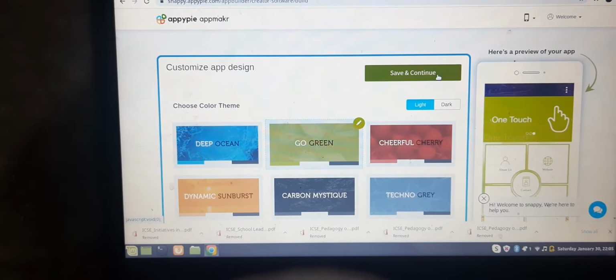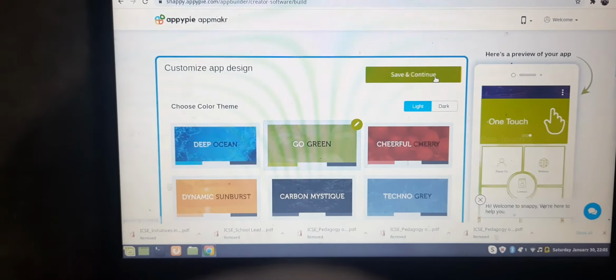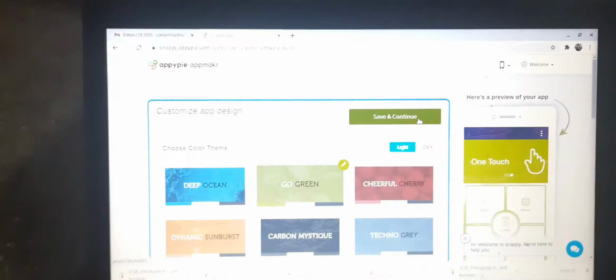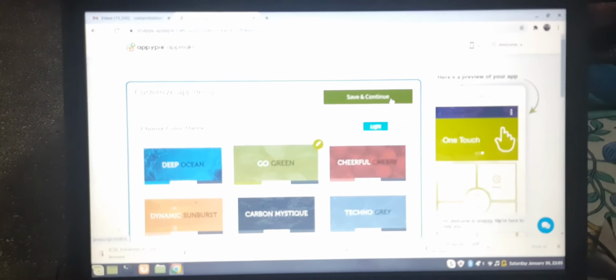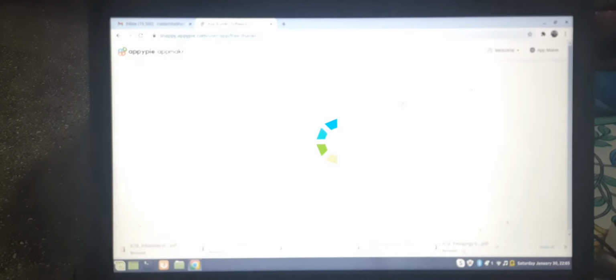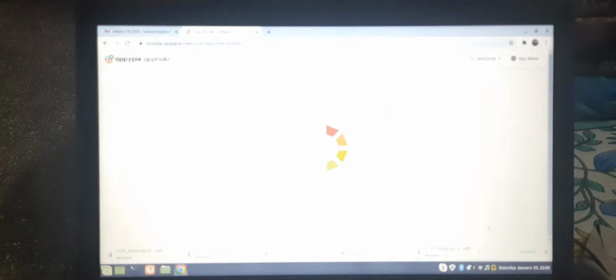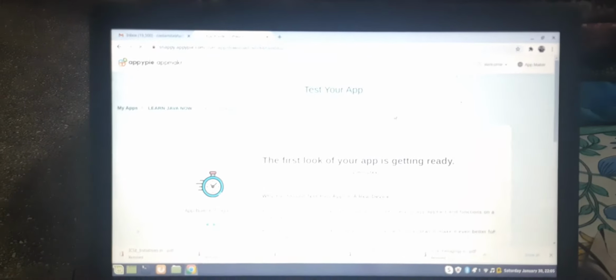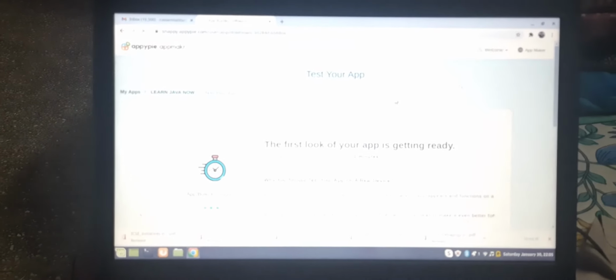Once you save and continue, make sure this is a free version, so you cannot edit many things over there. For updating your text or anything else, you need to purchase on a monthly basis. You need to purchase some moderators, more than one, so that they allow you to provide the text and the options, so you can create your app.